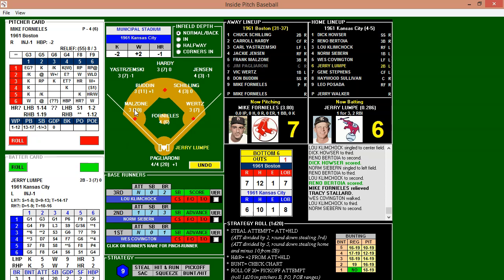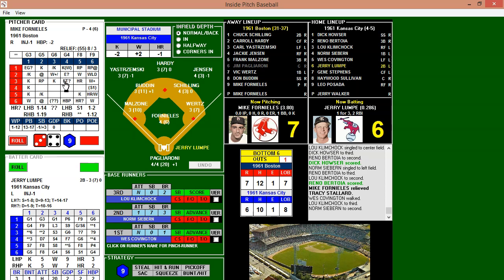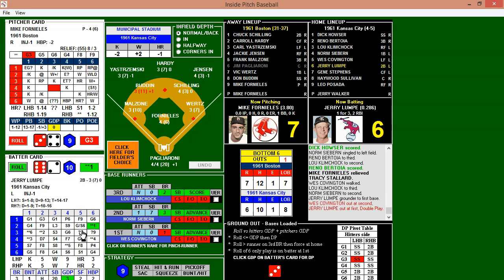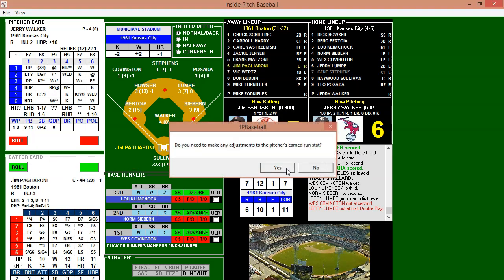All right, so that's going to load the bases. Fortunately, that gets charged to Fornellis. Oh, well. Not a big deal. All right, so Fornellis is in there looking to stop the bleeding here. Now just a 1-run game, as the Red Sox have miscommunication, send the wrong guy in. Bases loaded. Could this be a double play? Yes. And they will turn 2 and hold the 1-1 lead, so that's good.